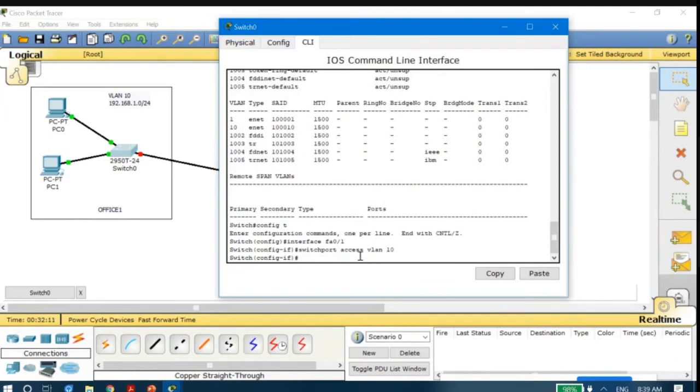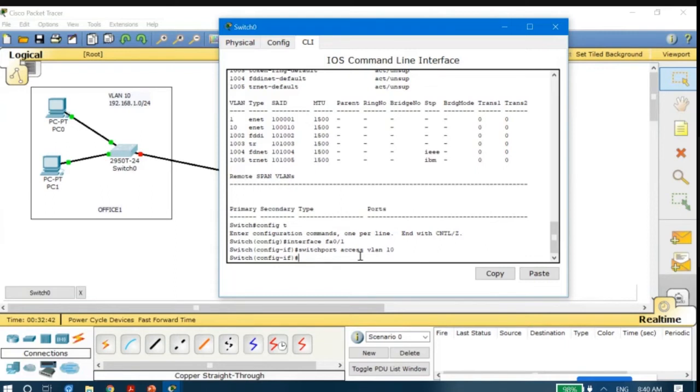In this way we have a multiple number of such ports. It will be better if we select more than one port at a time and then configure them. The next two ports are interface FA0/2 and FA0/3. So let us select all the ports at the same time and then configure.